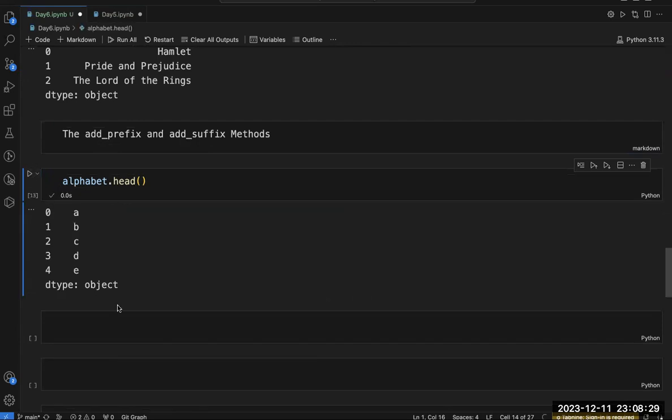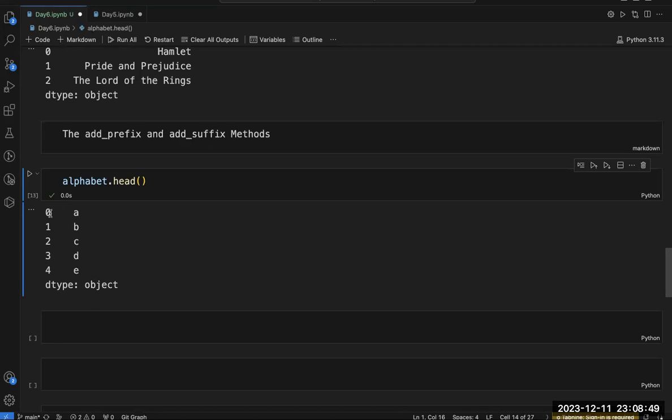So this is my series. The data type is object. Now, let's say inside this series, I want to add a prefix in the label section; this is my label section, 0, 1, 2, 3, 4.